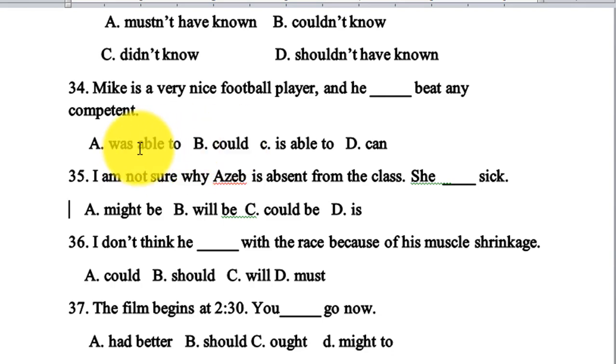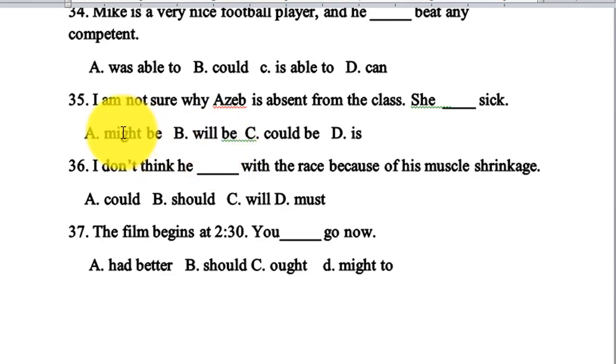Let me give you one example, please. Mike is a very nice tennis player, so he was able to beat his friend, you know, yes? For example, Mike is a very nice football player, and he was able to beat Tom. For example, he was able to beat Tom, a single person, all right? ይሄ ነው special situation, special occasion ስንል and specific ለሆነ ነገር ብቻ ነው was able to, were able to የምንጠቀመው እንጂ ልክ እንደ could መጠቀም አይችልም።